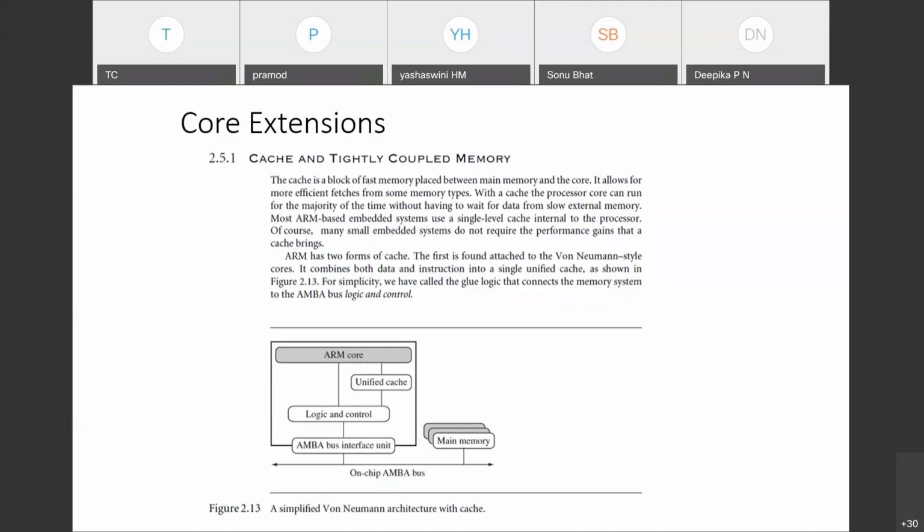Cache is usually sometimes referred to as RAM memory. It is placed between main memory and the core or the processor. It allows for more efficient fetches from some memory types.